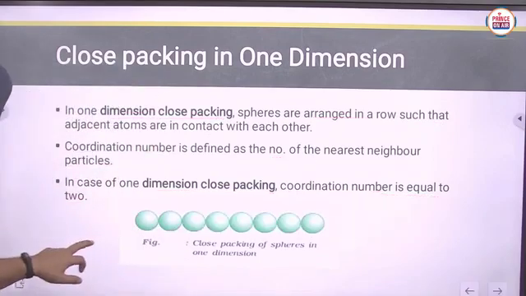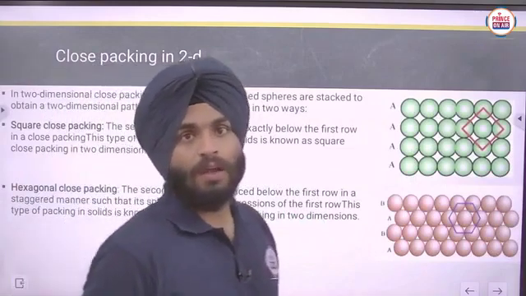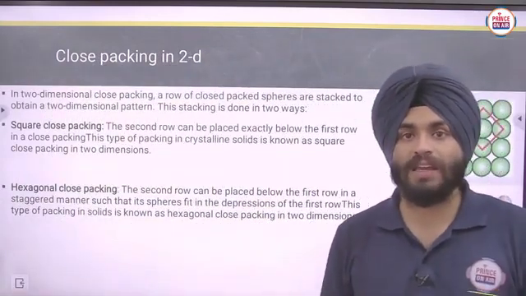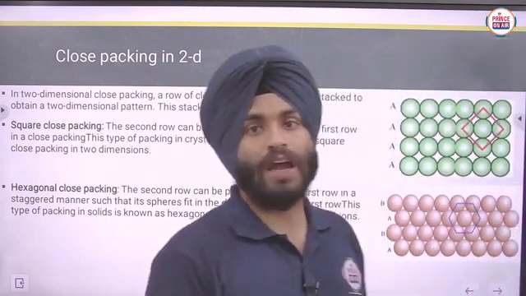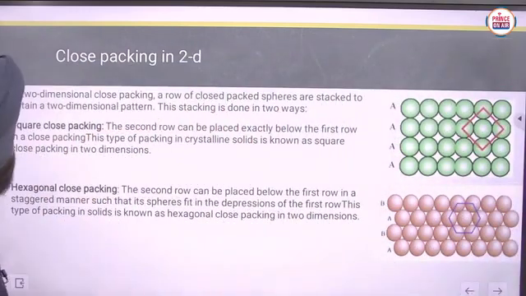Is it clear now? So let's move to the next part. Now we have to discuss close packing in 2D. 2D means 2 dimensions. So now we have to discuss close packing in 2 dimensions.